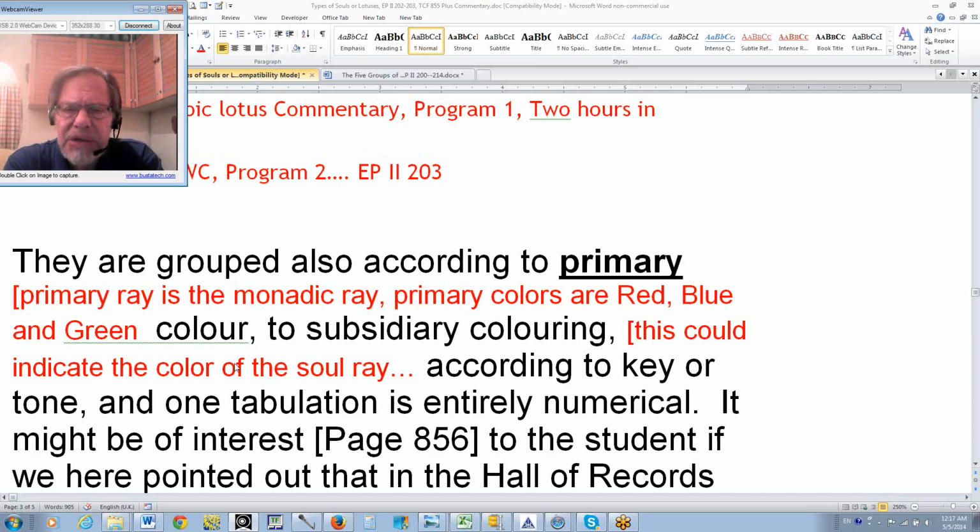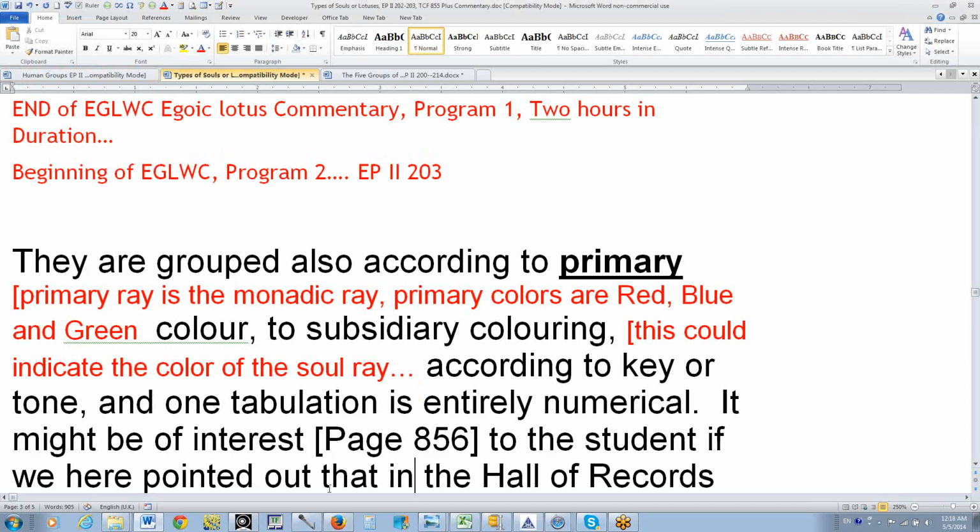What the specifics are, we don't need to know at this time. It could only be speculation, but at least we understand that there is an organization here of these egoic lotuses, and a correct kind of classification according to the major energy constituents that lead to the creation of the lotus. It might be of interest to the students if we here pointed out that